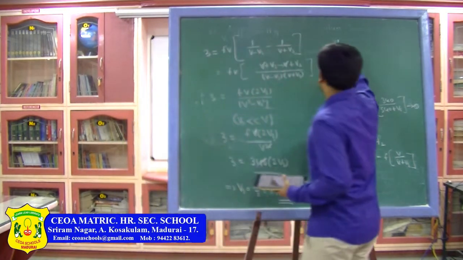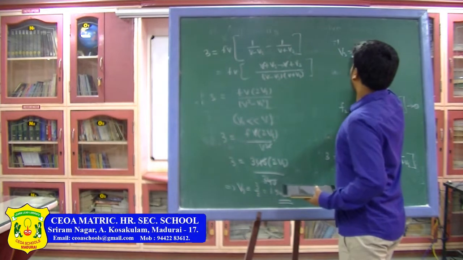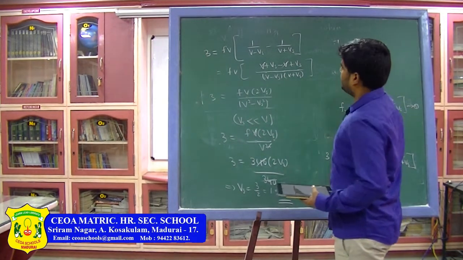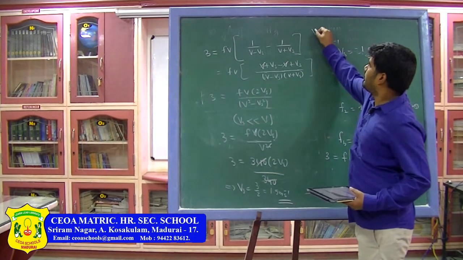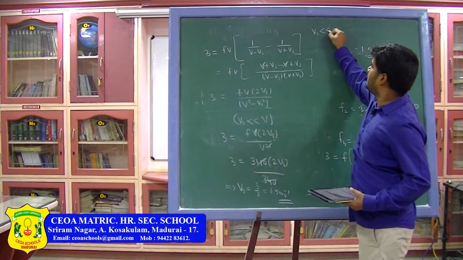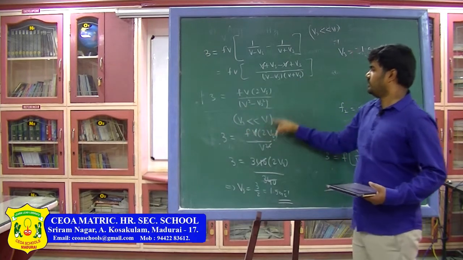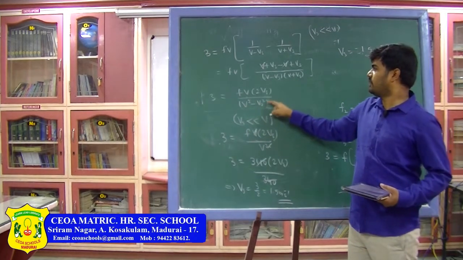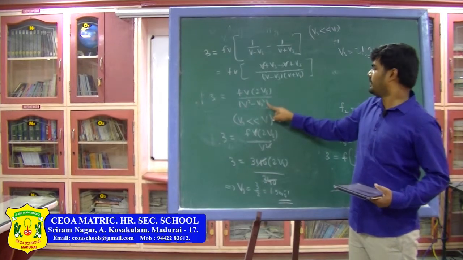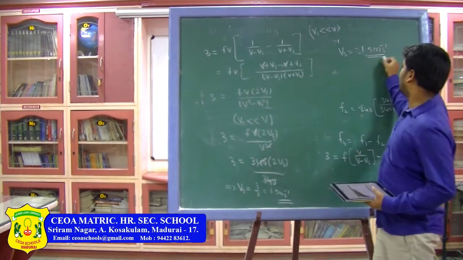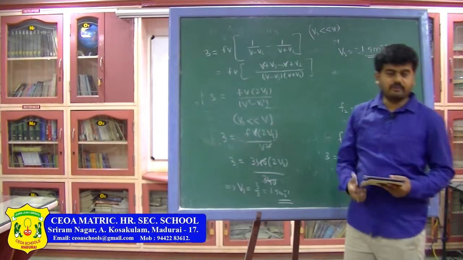Therefore, Vs is equal to 1.5 meter per second. So, remember, in the problem they will mention this condition, Vs very much less than V. Then you can use this approximation, that is Vs square in the denominator can be neglected, then you can simplify the remaining equation and you can get the value of Vs. That is the answer for this problem.